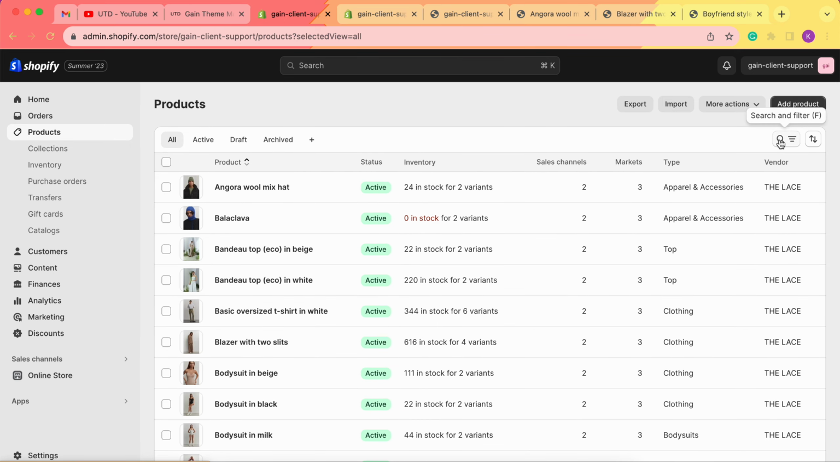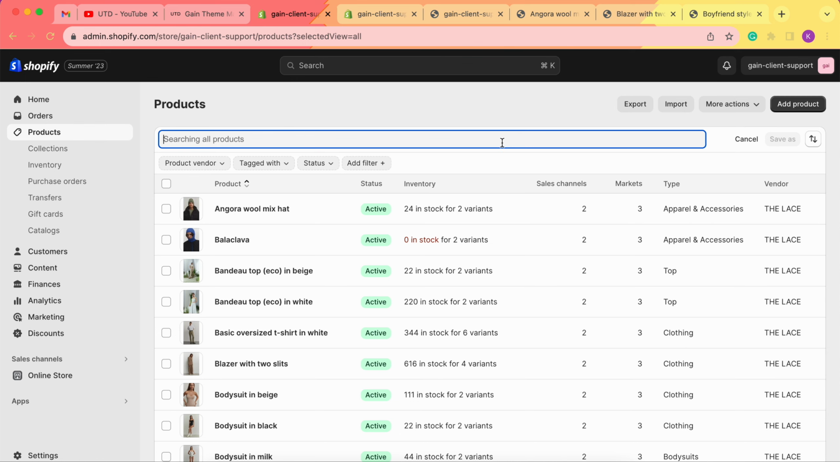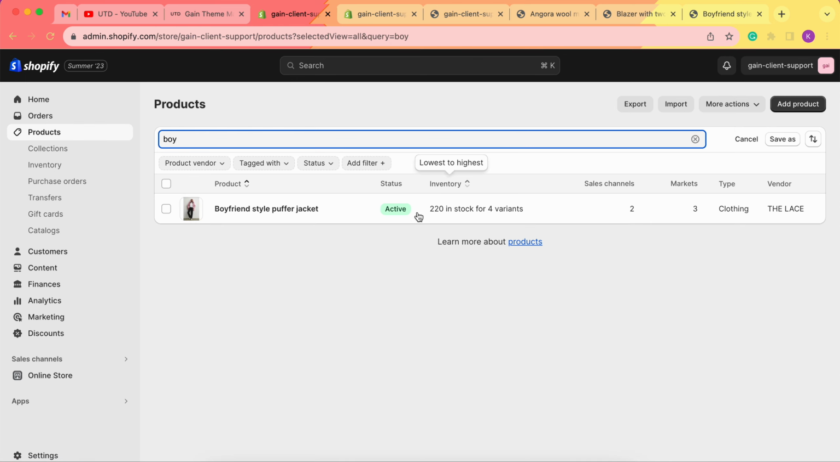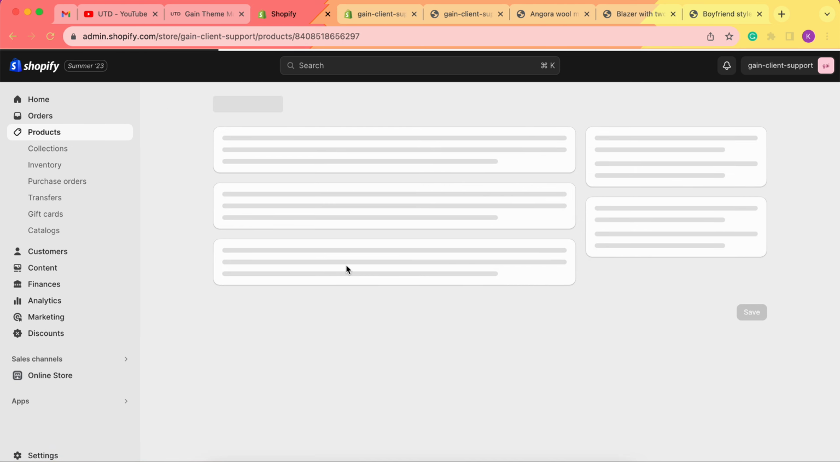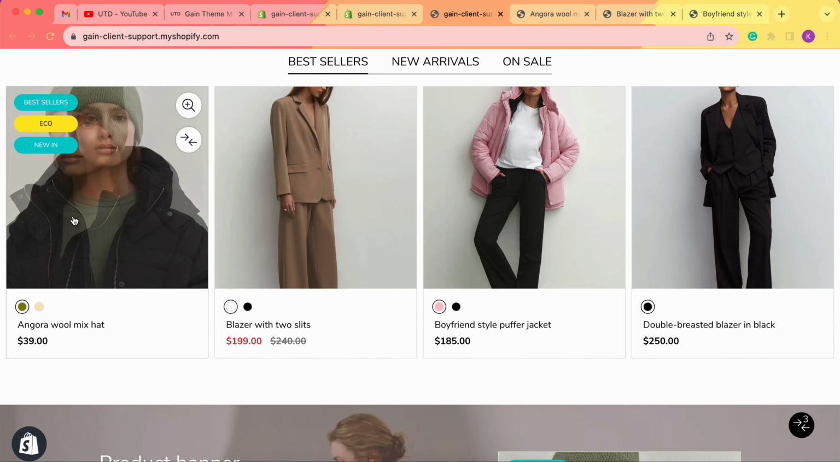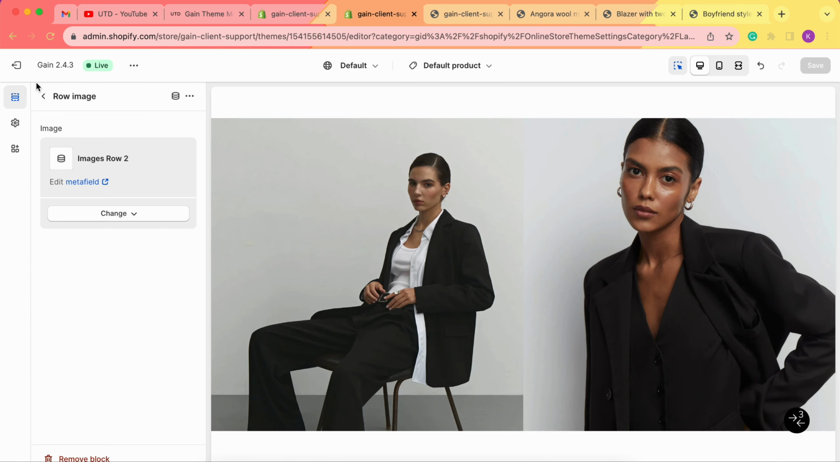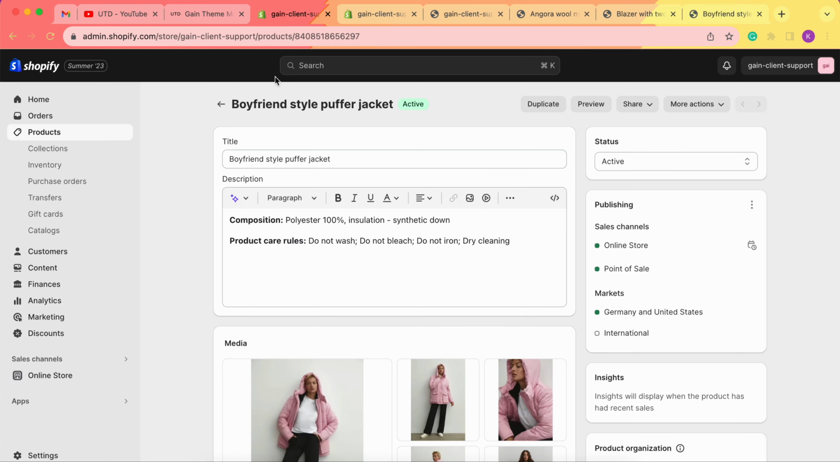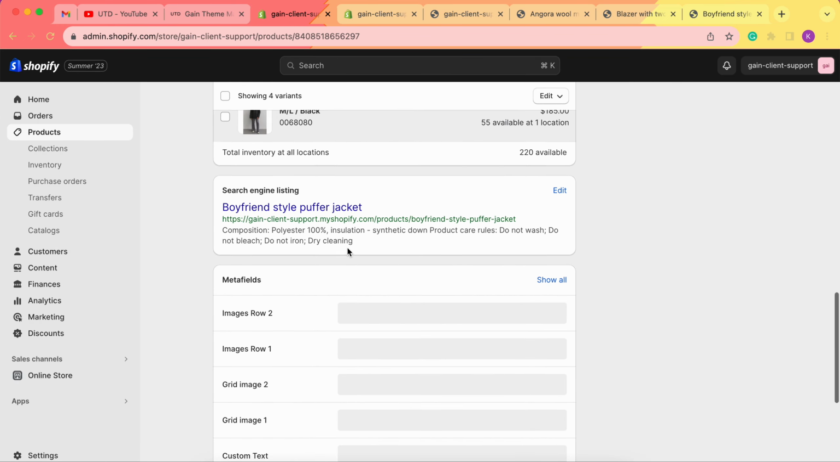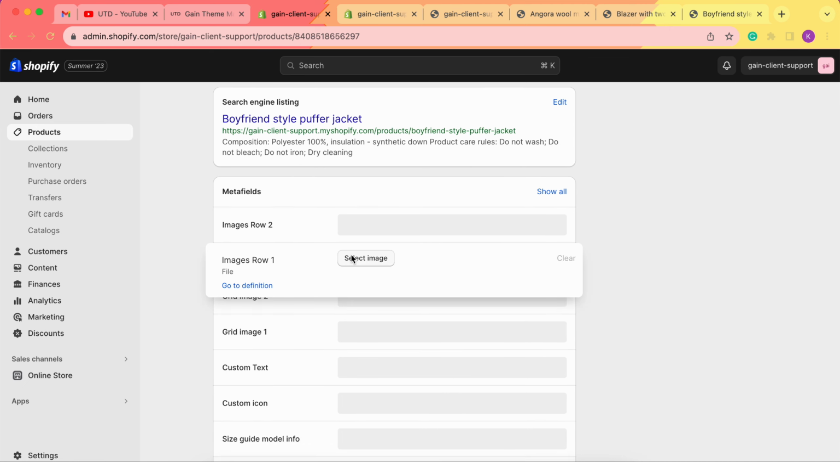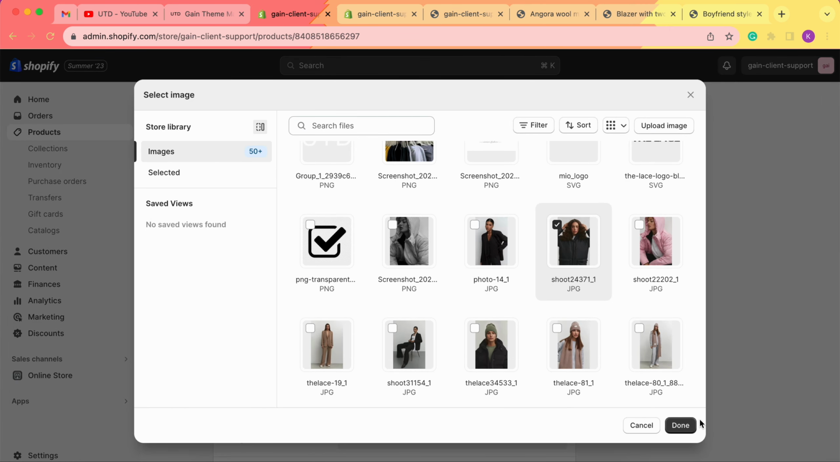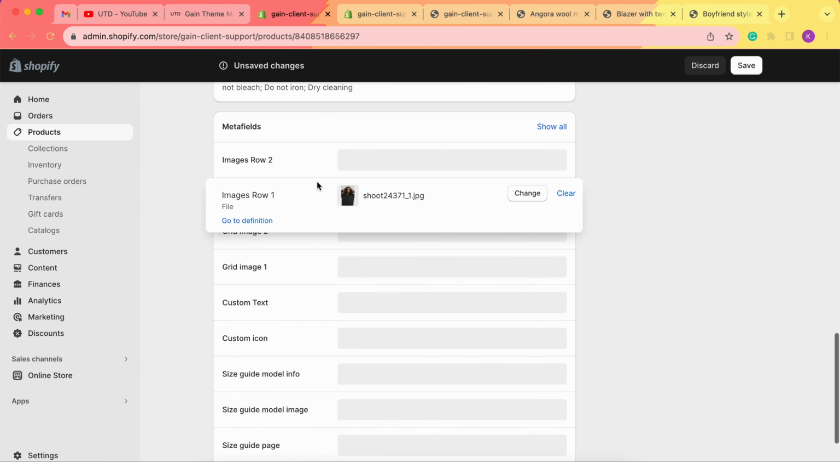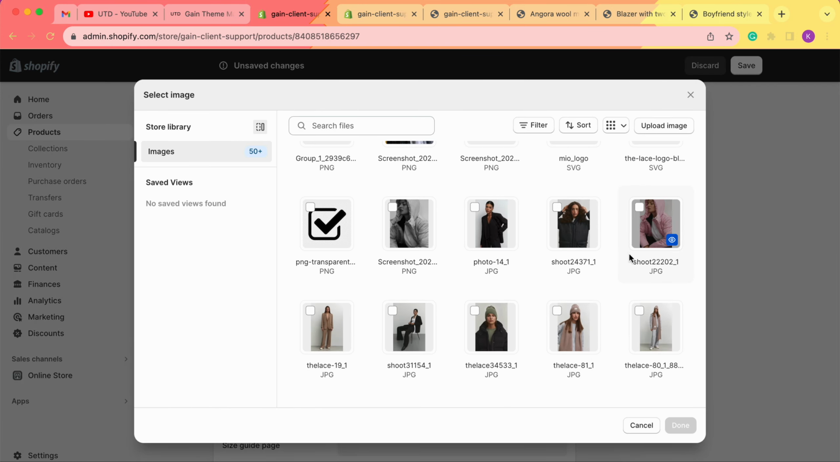Let's just click here. It says boyfriend style, so let's just open up this product here. And now that we've connected these images rows in our customizer not with the specific images but with the meta fields, we no longer need to apply any changes to the customizer here. We just simply need to open up each product, and from here we need to go to meta fields and add our images. So let's add this image here, for example, and let's also click here and let's add this